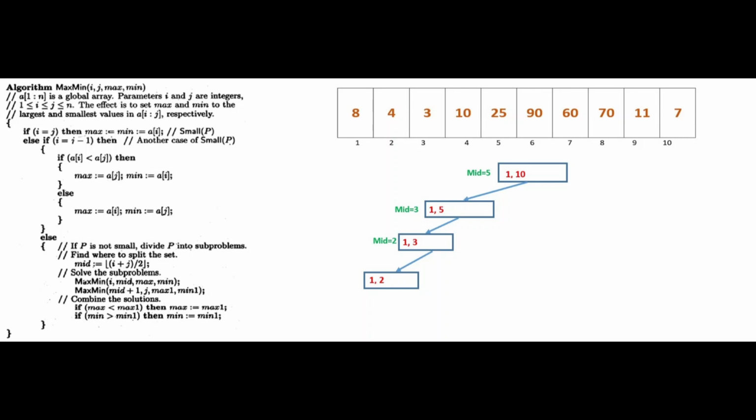So first we check if I is equal to j. If I is equal to j, then we can say there is only one element in the array. I is not equal to j. So we go to